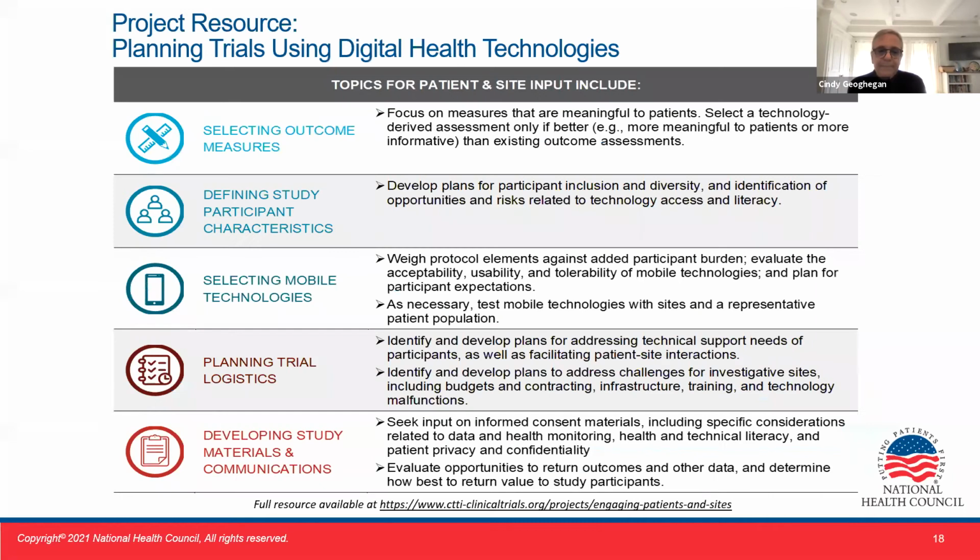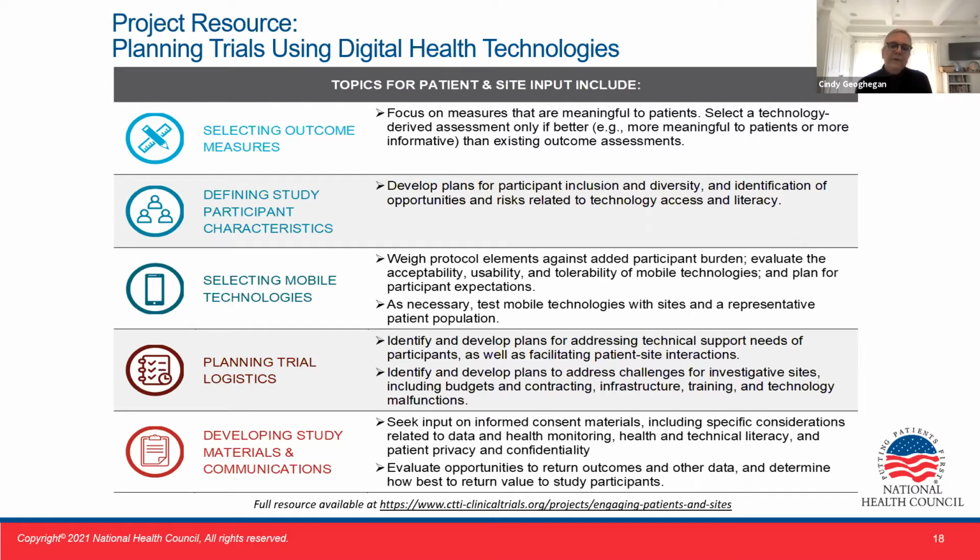Next slide, please. Okay, so this is one of the project resources. It's pretty detailed, and you can find this on the website. So I'll just take you through it as an outline. And some of this came from the work, as Virginia described, through some of our colleagues in the other studies throughout the digital health platform program. So selecting outcome measures that matter to patients. Just because you can measure something with a new whiz-bang tool doesn't mean that it's going to be better. So we need to measure things that are important to patients, and only if it's better than the way you might have measured it before.